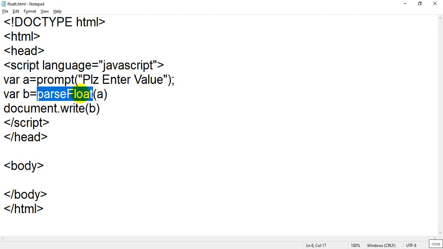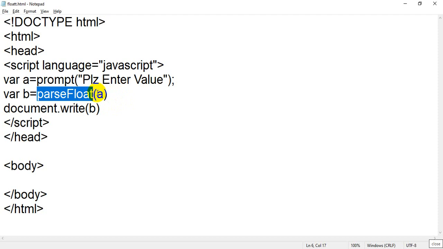AHKA. So it will start from the character A. It will take A, and it will not go to H, not move to K, not move again to A. It will read only the first value.